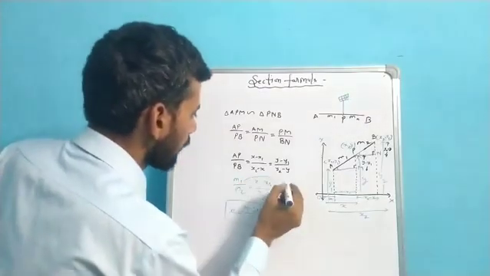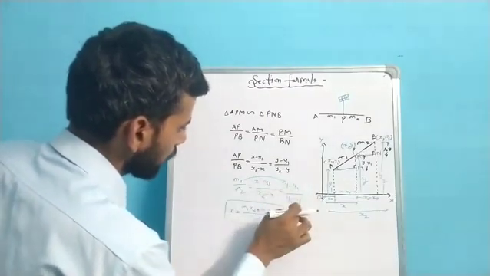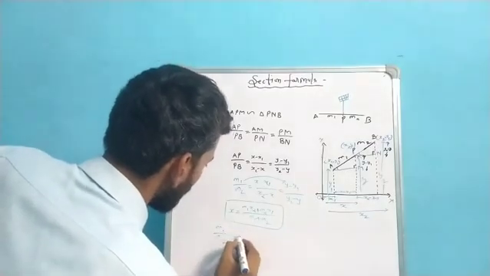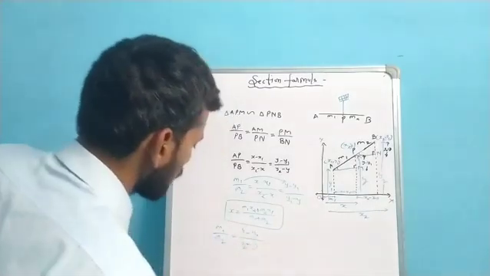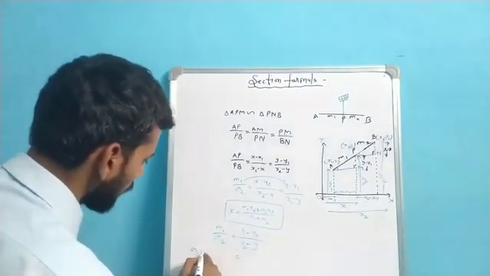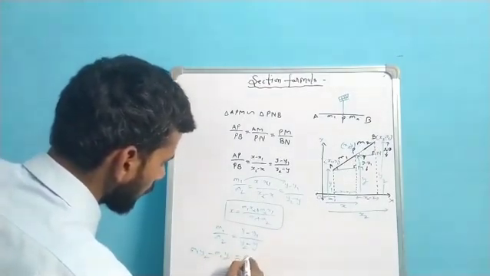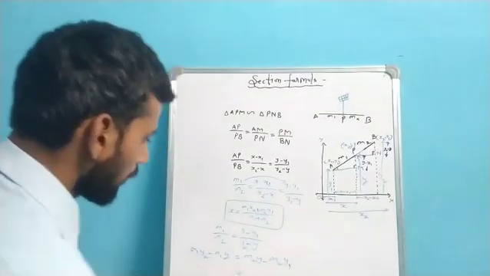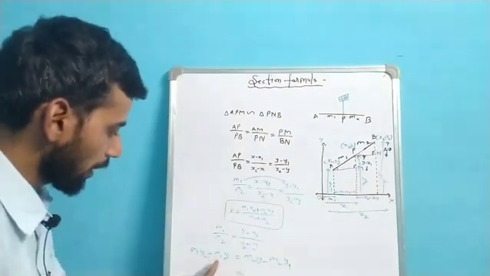For y, it is a cross multiplication: m1 upon m2 equals y minus y1 upon y2 minus y. If we cross multiply, we get m1 y2 minus m1 y equals m2 y minus m2 y1. Here we can collect m1 y and m2 y. m1 y moves